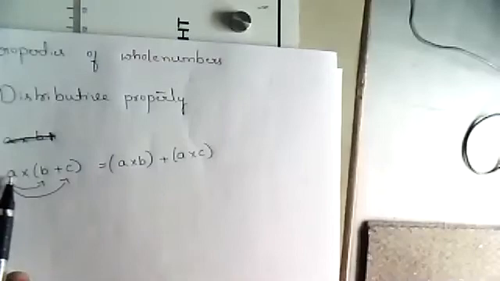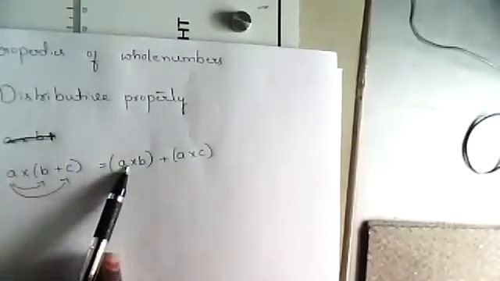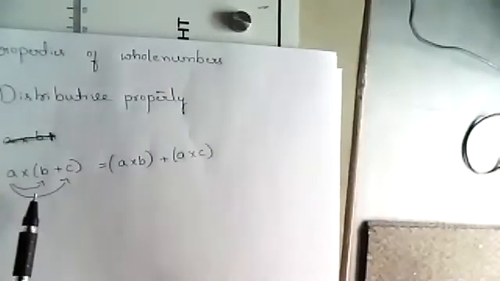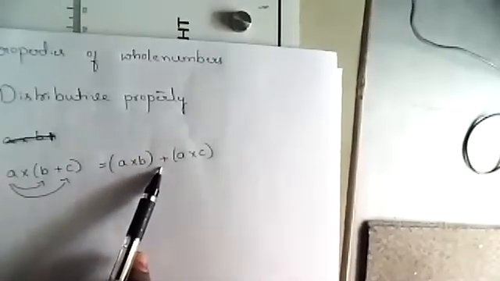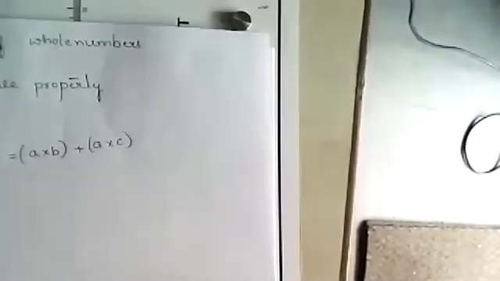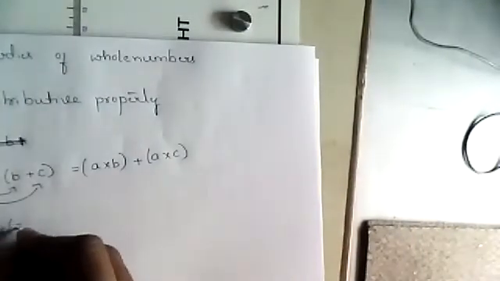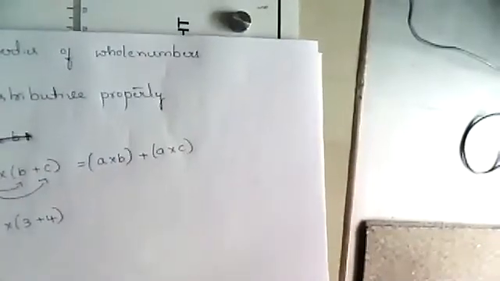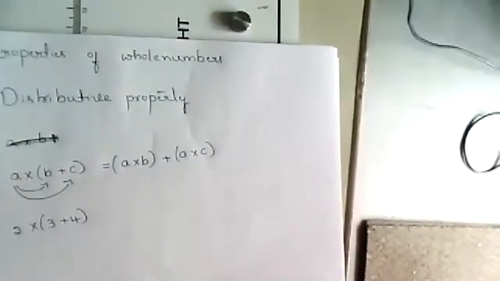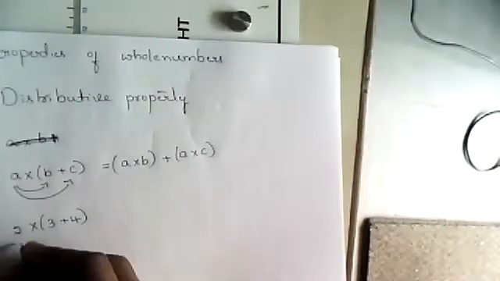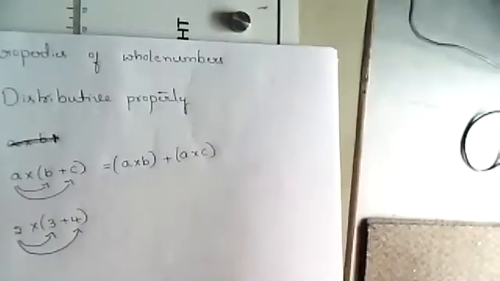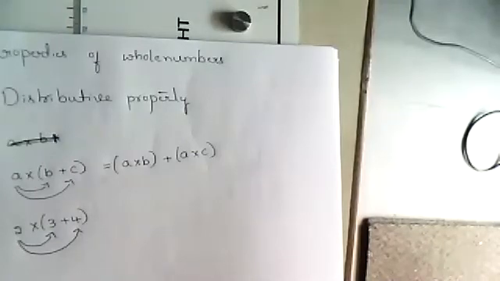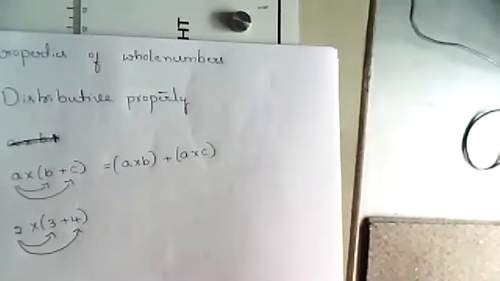So once we multiply A with B, A into B and A into C, in the middle we have a plus sign, so I am carrying this plus sign here. Okay. So if I take numbers, three numbers we have to take, right? So 2 into 3 plus 4. I have taken the numbers like this. According to our distributive property, I have to multiply these two terms first and then these two, and using the answers I have to find the sum.